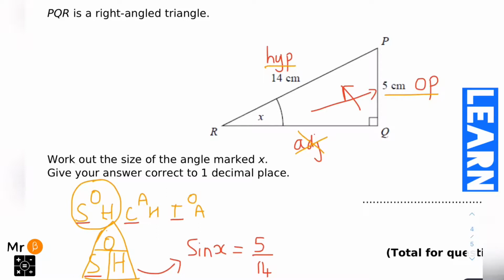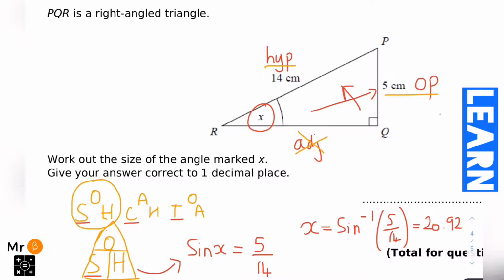Now you'll notice that that answer is going to be a very small number. And we actually just want to work out what the angle X is. At the moment we've got sine of X. So we need to do one final step. We need to get rid of that sine on the left hand side. So we do the opposite of it. That's called doing the inverse sine. So in your calculators it will look like sine to the -1. So this is where you press shift, then sine on your calculator, and then you type in 5 divided by 14. That then gives you your answer of